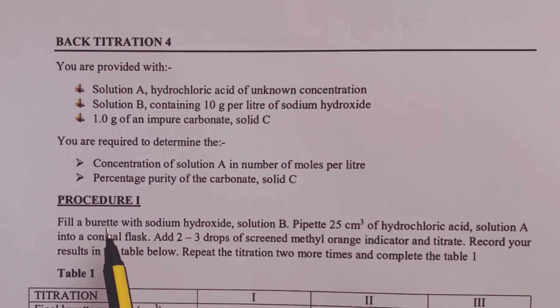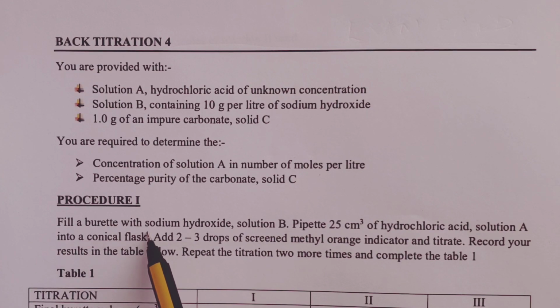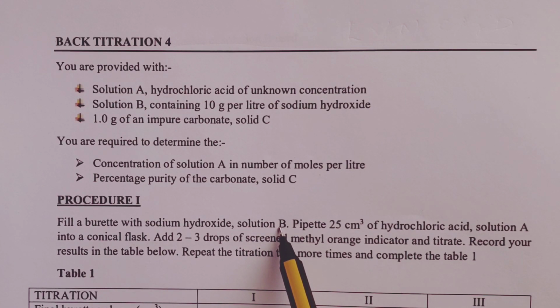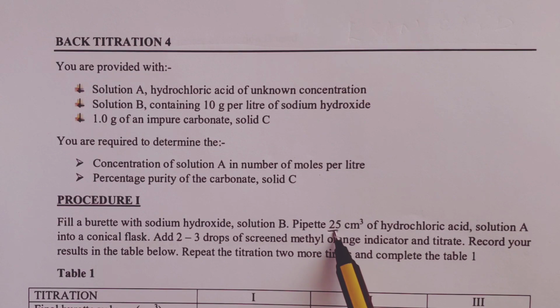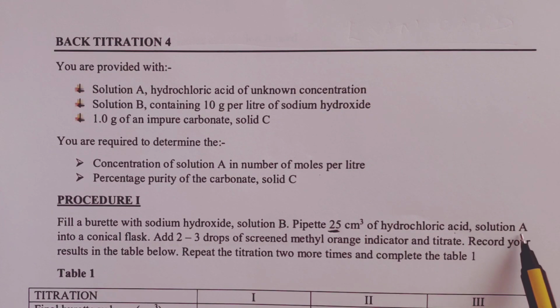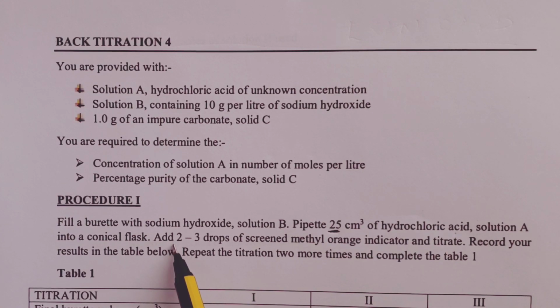For procedure 1, we are told to fill a burette with our alkali, that is solution B. Then we are also told to pipette 25 cubic centimeters of hydrochloric acid, solution A, into a conical flask. We are then told to add 2 to 3 drops of screened methyl orange indicator and titrate. We are supposed to record our results in the table below and repeat the titration 2 more times to complete